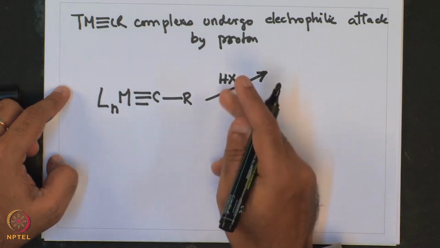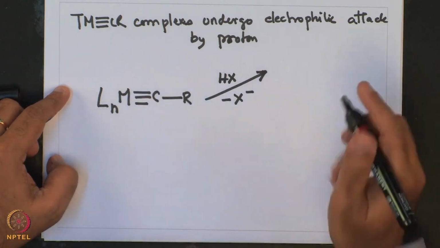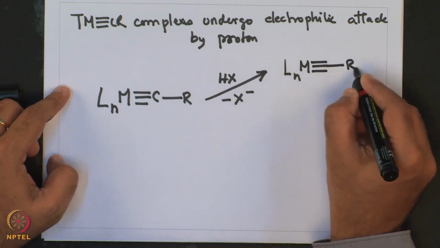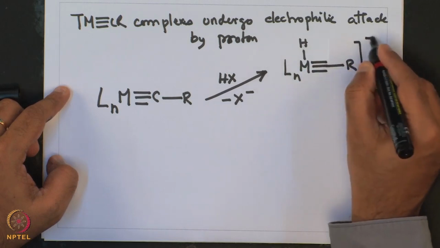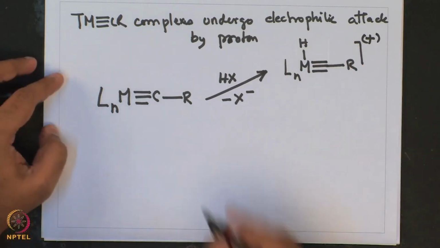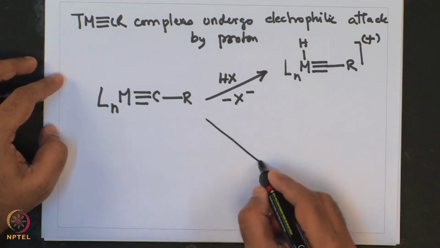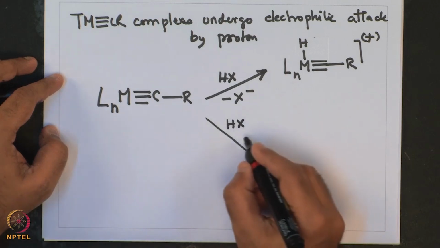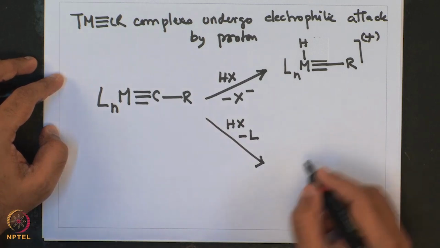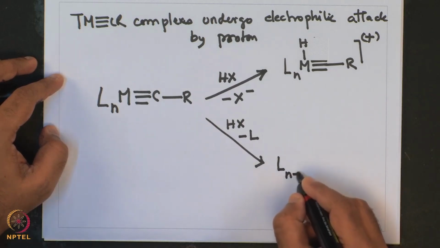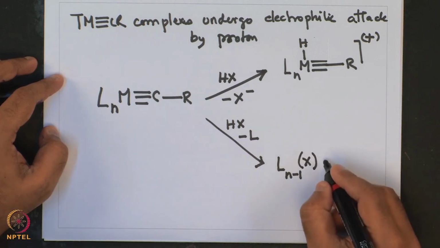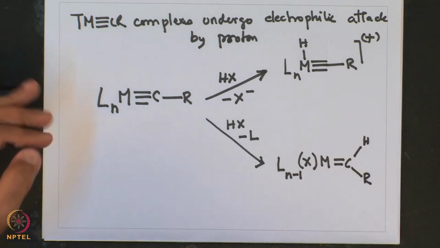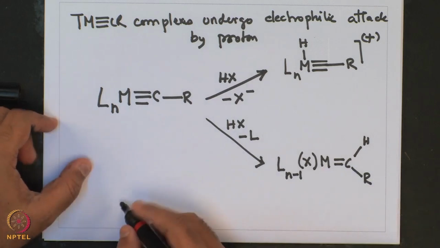elimination of X minus. So, giving the proton, and then the proton attacks the pi cloud, resulting in formation of this cationic species, or the reaction can also happen at carbon, giving this L n minus 1 X M H R. So, depending on the metal and depending on the ligand, one can see